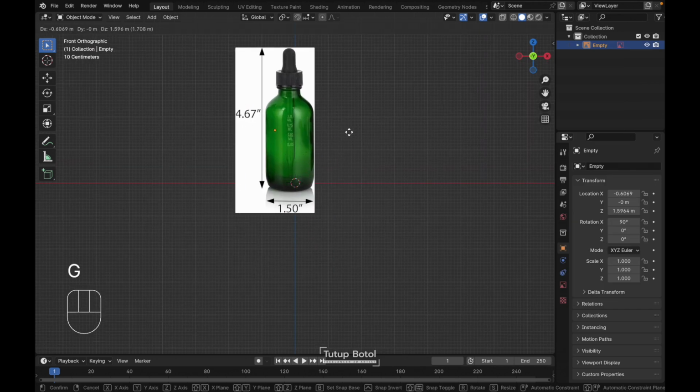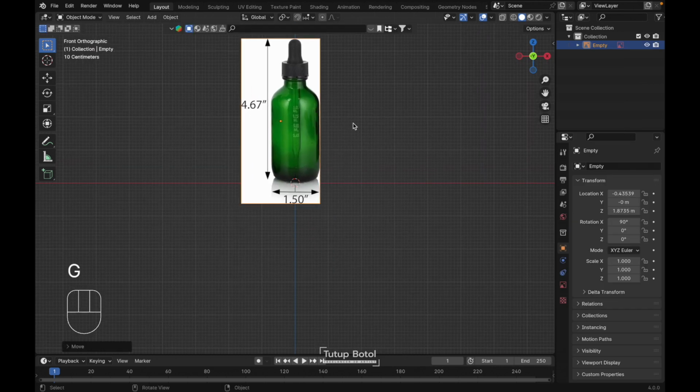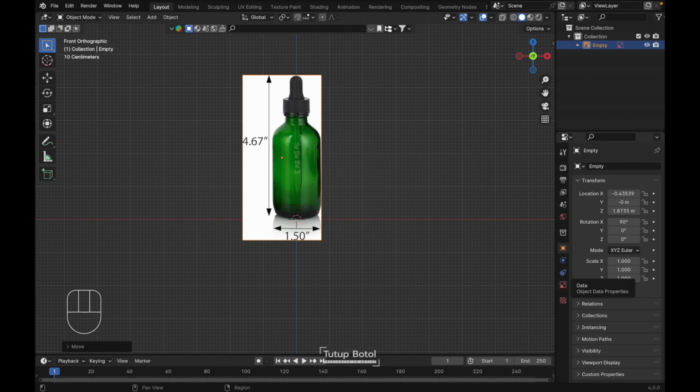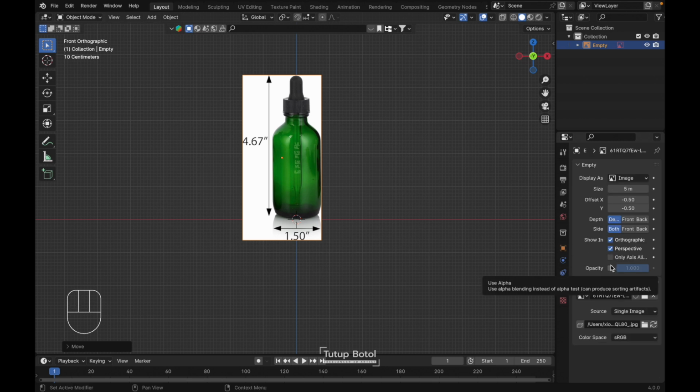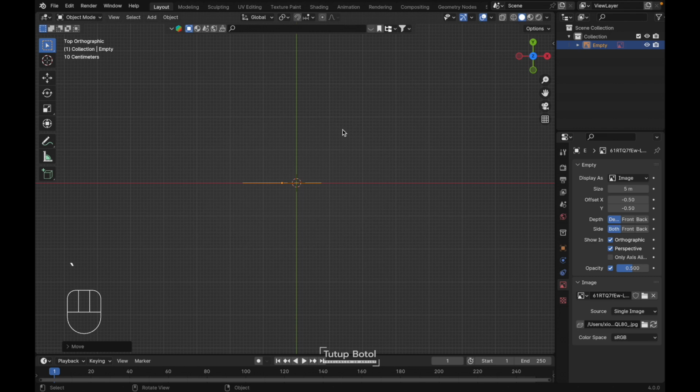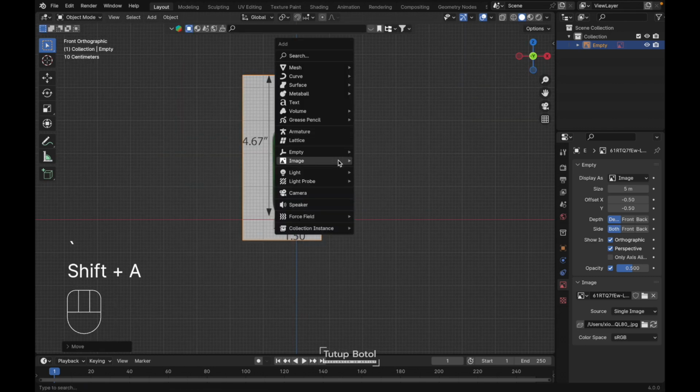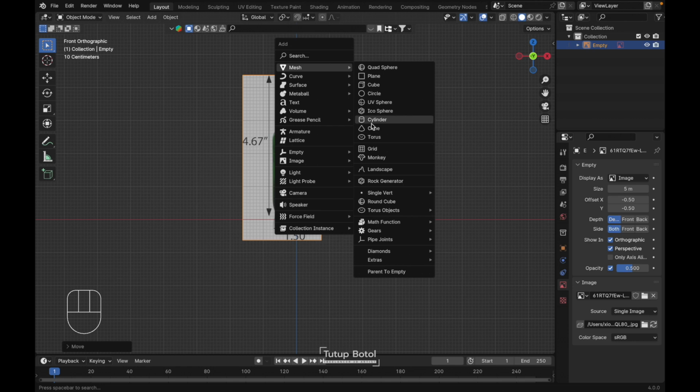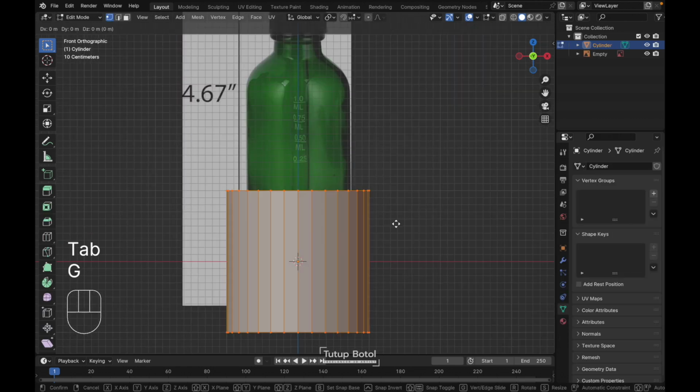Adjust your image reference, make sure it's right in the middle, like this, and go over here, object data property, click your opacity, change it to 0.5, and go to the top view, press G Y, put it back here, back to the front view again, press Shift A, mesh, add a cylinder, tab to the edit mode, press G Z, press